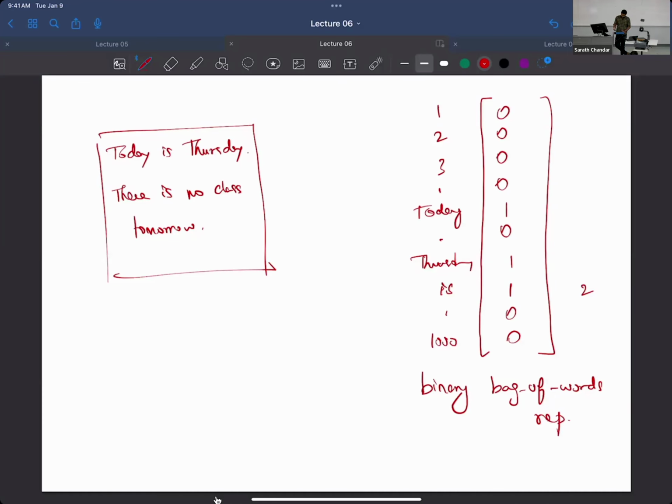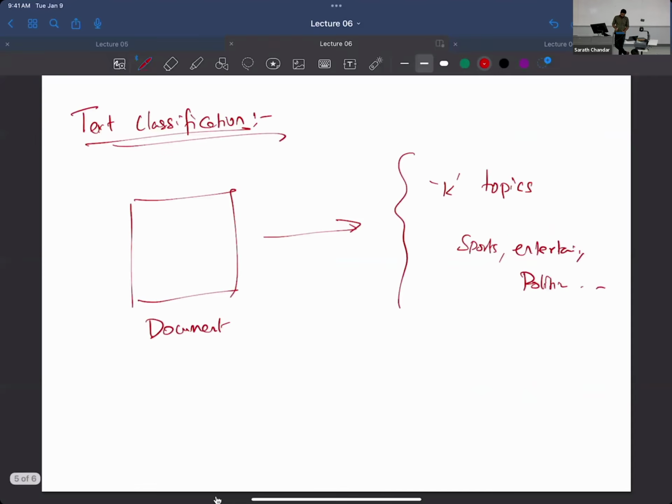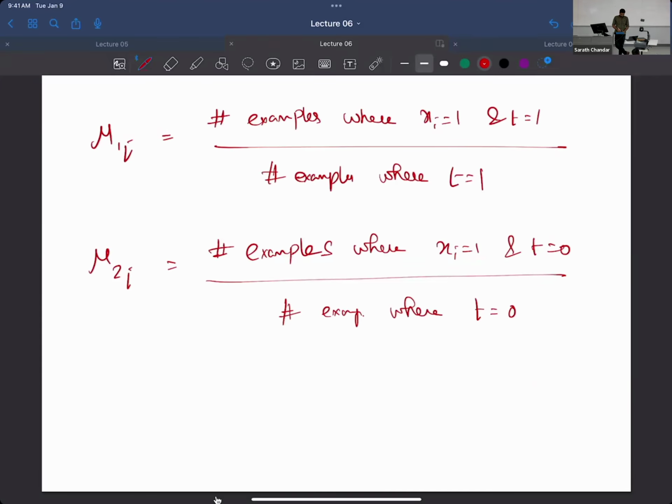Okay, so this is good. So now, if I give you a bunch of documents, you should be able to construct the vocabulary and convert all the documents into this thousand dimensional representation, right? So then implement Bernoulli Naive Bayes, right? Oh, by the way, I did not derive the pi in Bernoulli Naive Bayes simply because